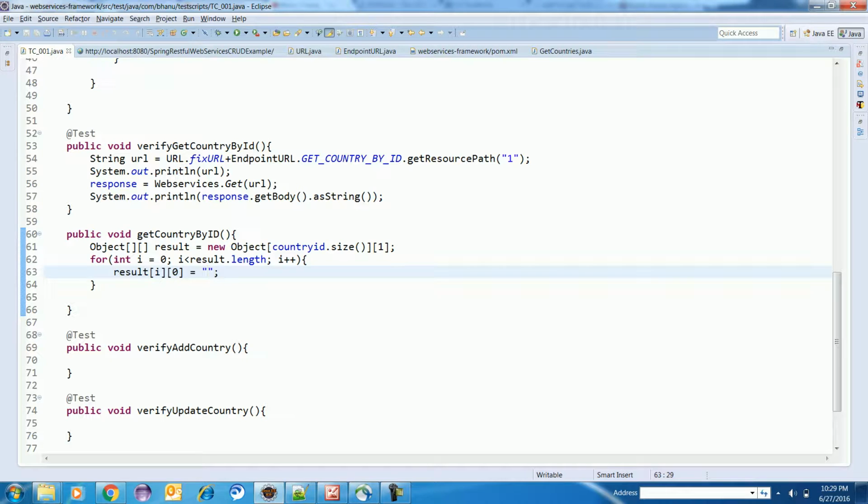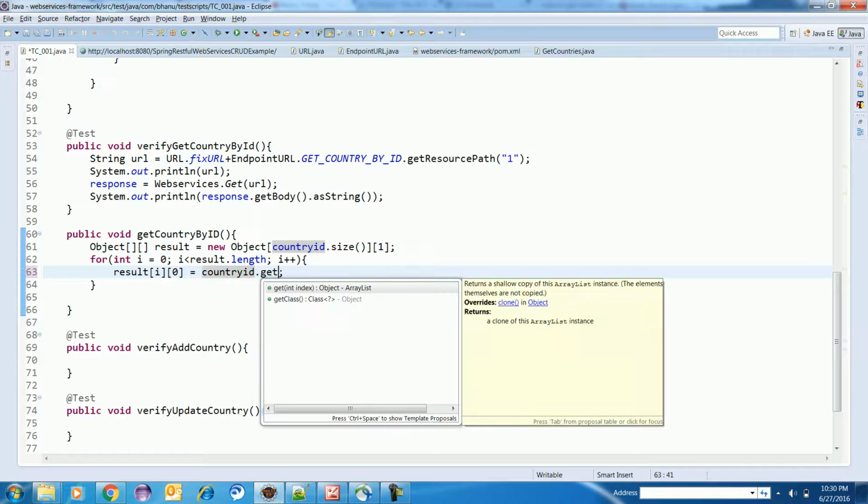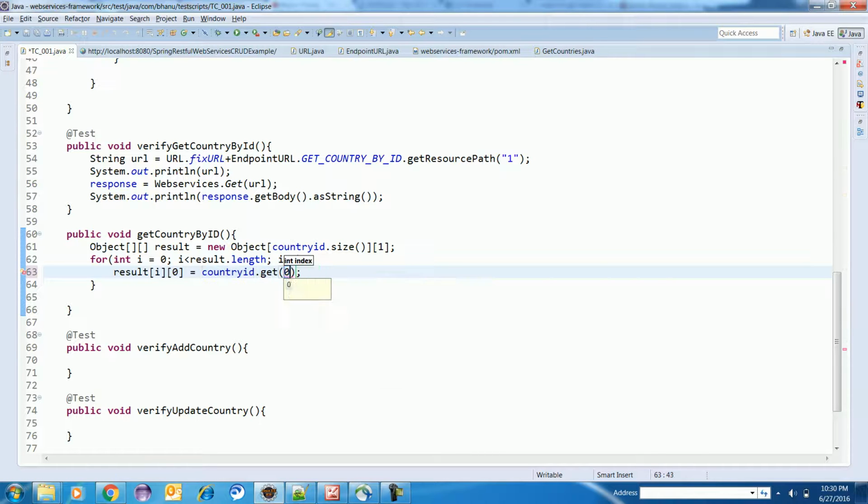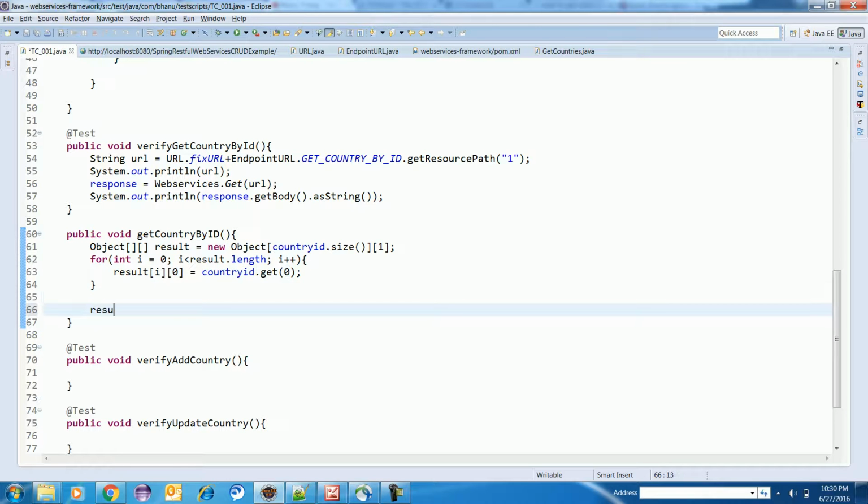Since I have to retrieve the data, I need to have the country ID for that. So since I'm constructing a data provider, I can write here is equal to the country ID dot get of 0, right, and this method should return this result.